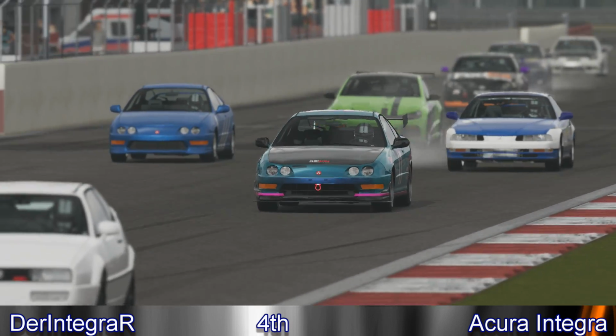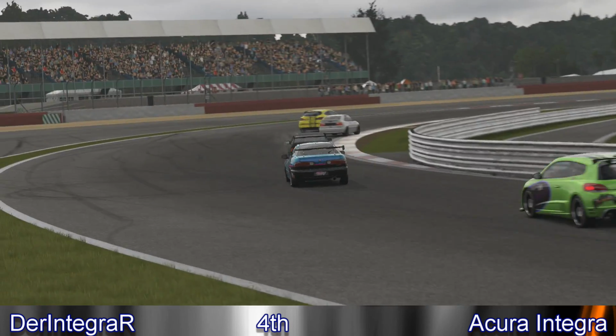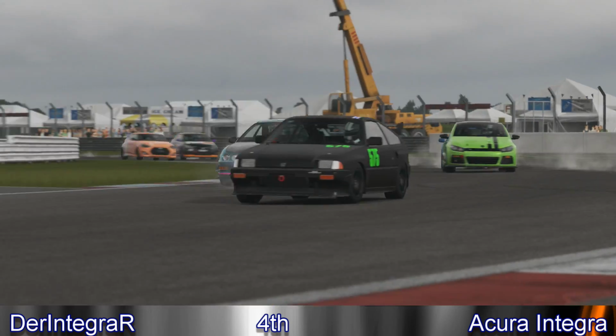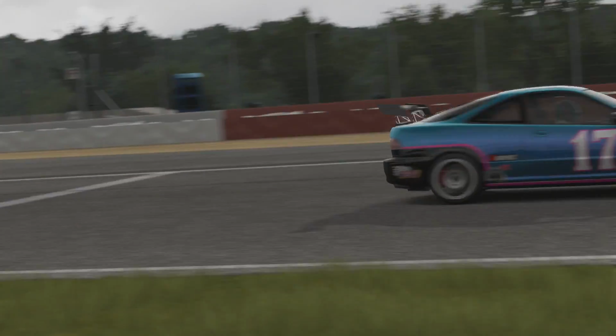This week's FailRace versus the community. We are racing C Class front-wheel drive cars. First race goes to the Silverstone National Circuit, a track I don't think we've actually run on Forza 5 for